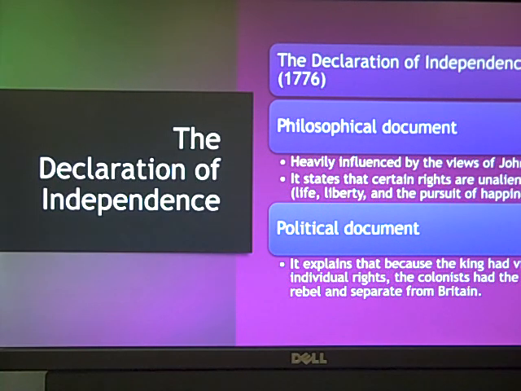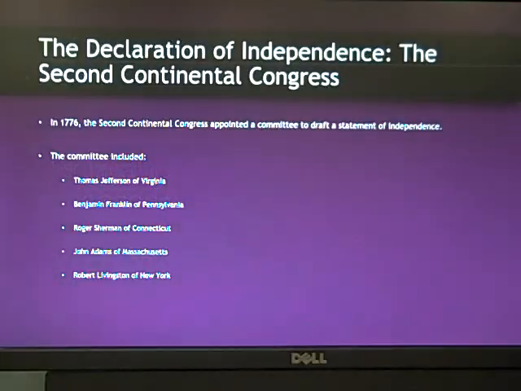Okay? So it is a very philosophical document and drawing from the Enlightenment, but it's also an airing of grievances. Right? Like, if you were to actually pull up the Declaration of Independence, it's like this big long list of here's all the reasons why the king sucks. Okay? Like, you didn't do this, you didn't do that, right? Sometimes it's been referred to in history classes as a great breakup letter, right?